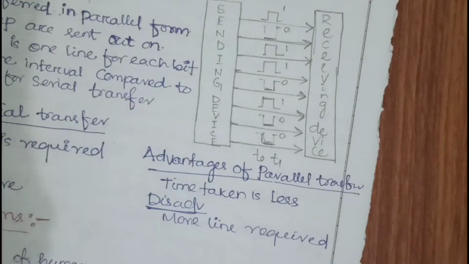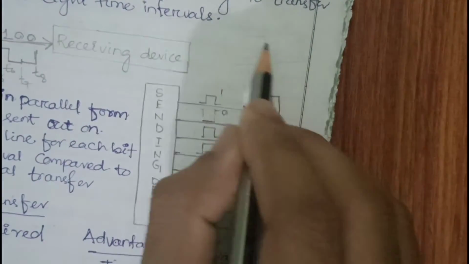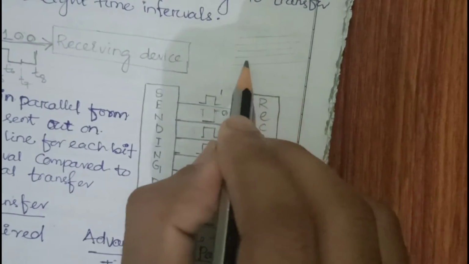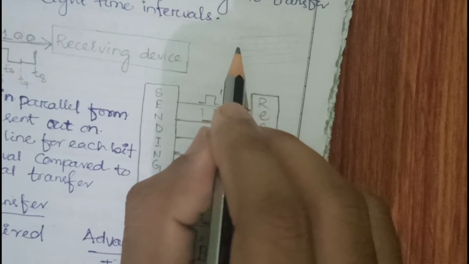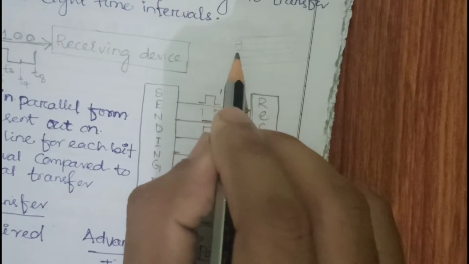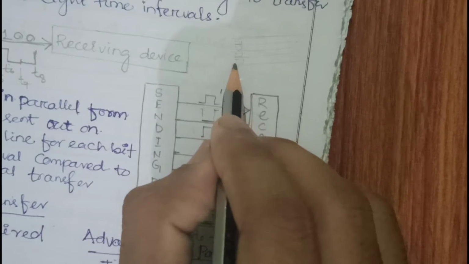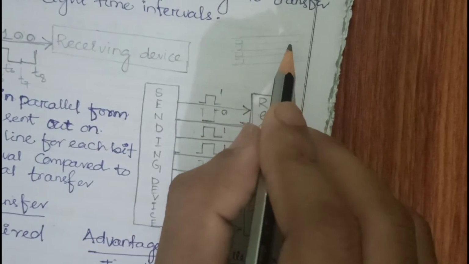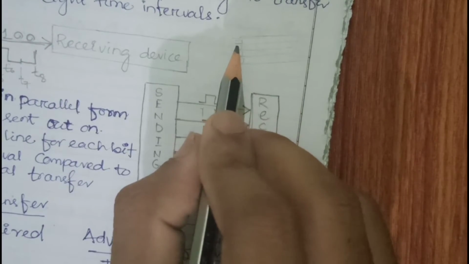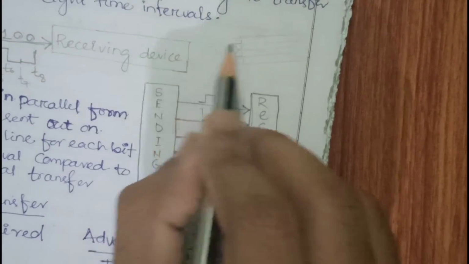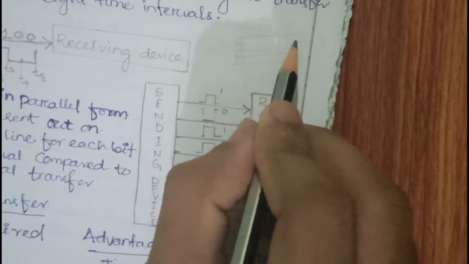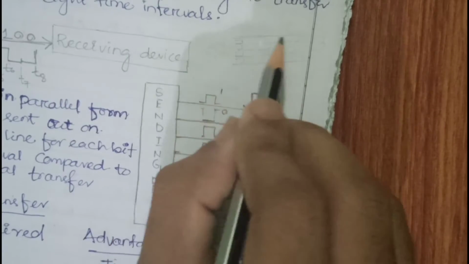Suppose you take the example of a road. Suppose this is a road. In this road there are 4 to 5 lanes. So here what is possible is that in each lane, suppose there are 4 lanes, so in 4 lanes 4 vehicles can go. So if there are 4 vehicles present over here, the 4 vehicles should reach this place. They need less time because each lane is clear, so they can easily move.